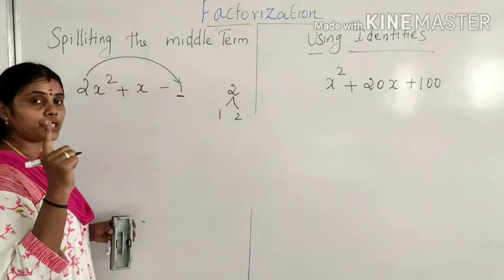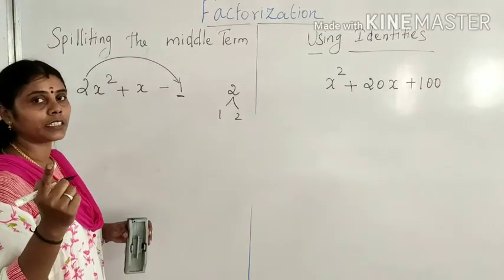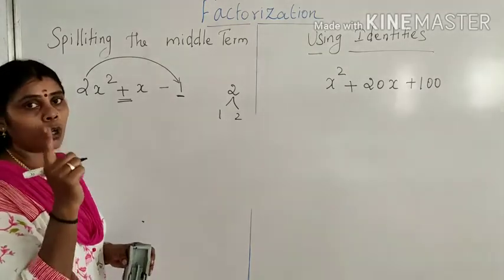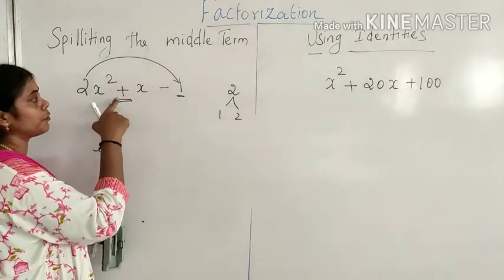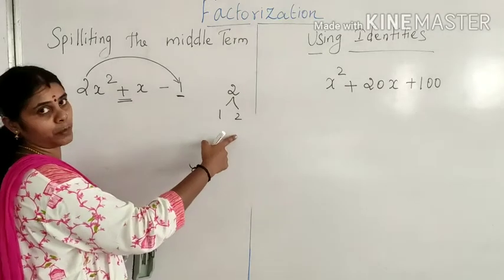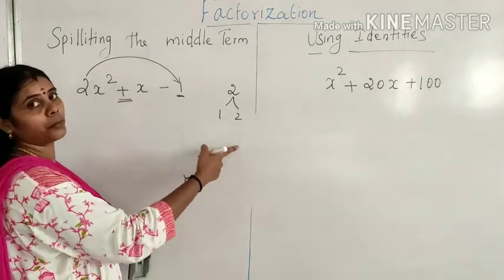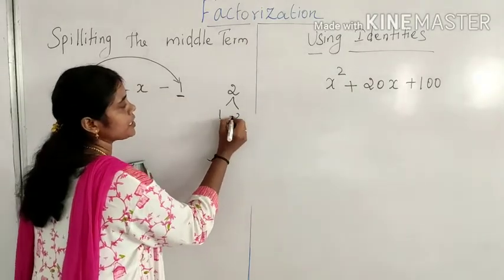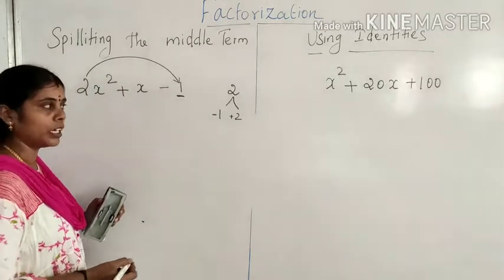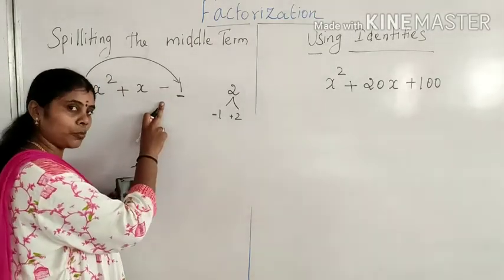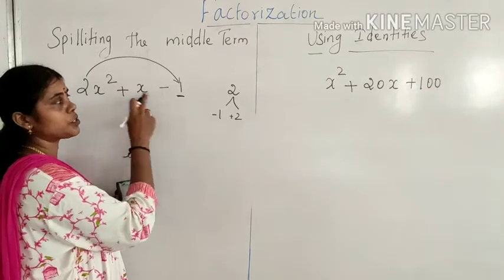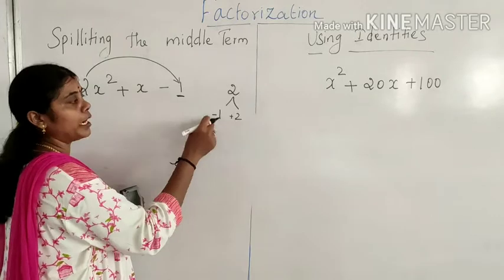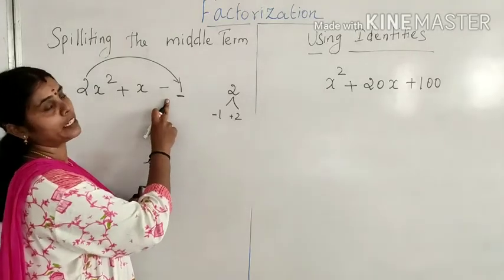Which term is plus or minus will be decided by the middle term. The bigger number's symbol is always decided by the middle term. If the middle term is plus, the bigger number is plus. If the middle term is minus, the bigger number is minus. Keep that in mind and you can easily solve it. So this is plus 2 and minus 1. And 2 minus 1 is 1 only, and since the bigger number is plus, you get plus 1. But 2 multiplied by minus 1 gives minus 2.